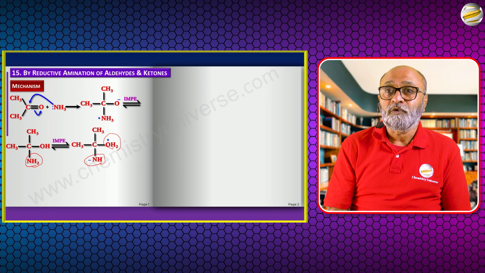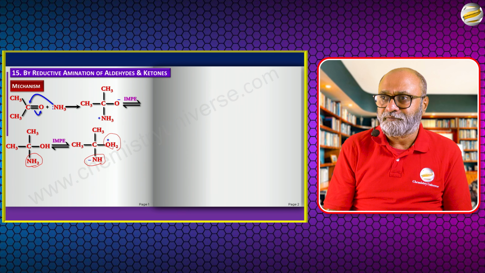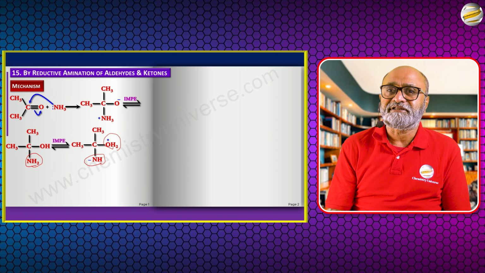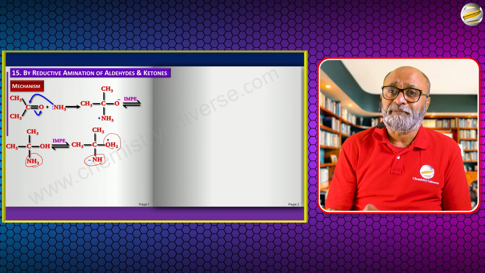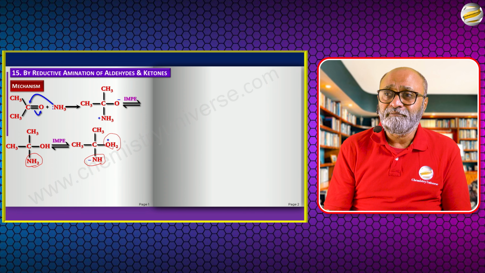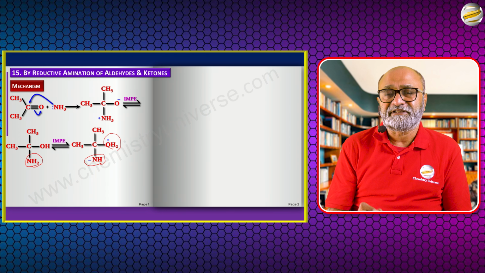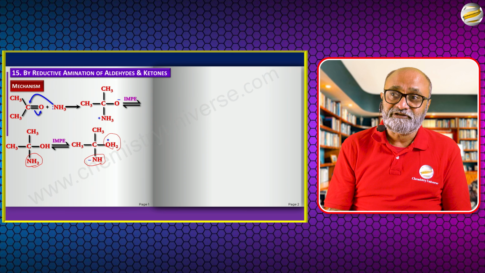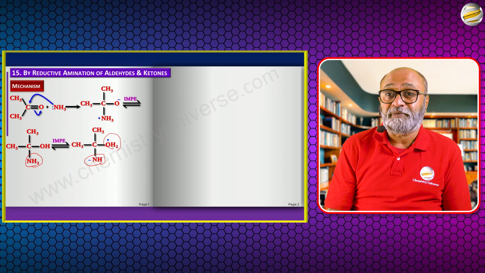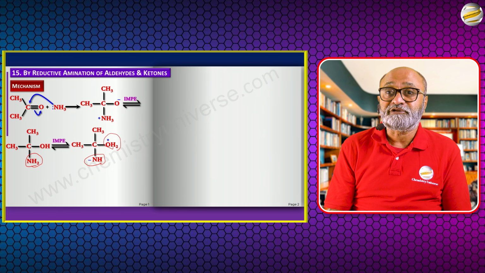Now you may say, will that product be a major product or a minor product? Well, it will always be a major product. Otherwise we won't be using this reaction in the first place. So why would it be major? Maybe some other step makes it go forward more. Maybe there are further steps that are irreversible that will drag the reaction this way. So it's not that every time I show a particular step which is less likely than something else, therefore this will form.